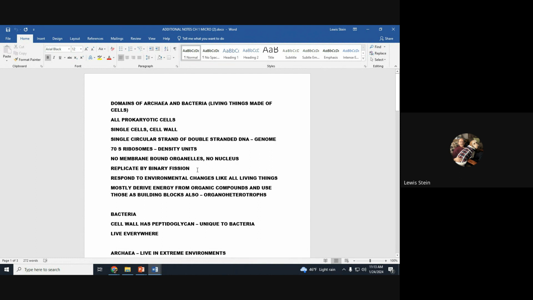They replicate by binary fission. Super important because it's very uncomplicated and it's very fast. And that means they can get giant numbers very quickly. In a day, you start with one, you could have 1,000,000 of them. It doesn't take long. We call it an exponential curve. We explore that in our chapter about energetics and structure and growth. So it's binary fission. Very uncomplicated process. I say it all the time.